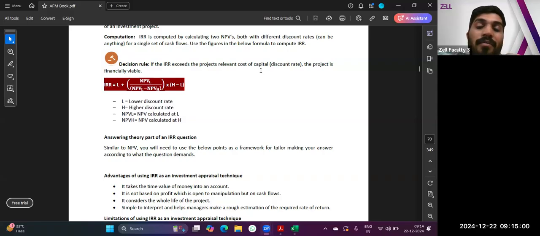Like at 10%, if my NPV is positive, for the second one I'll assume 25, 30 or 11, 12, 13, anything, but higher than 10%. But if at 10% my NPV is negative, I'll assume a lower discount factor, that is 5, 4, 3, 2, 8, 9. There's no logic to the assumption. You can assume anything that you want. Now, bear in mind, from an exam standpoint, please make your assumption within the range of 1%